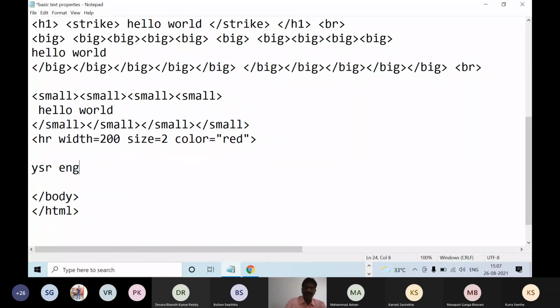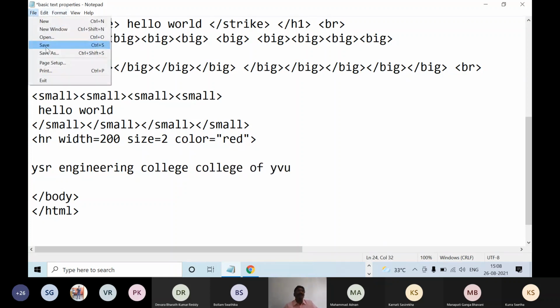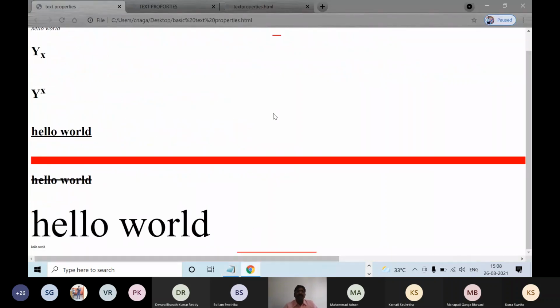For example, here is YSR Engineering College of YVU, and when you are printing that, automatically the text will display YSR Engineering College of YVU. For example, by mistake I have written college two times, but when you display this, here we are getting